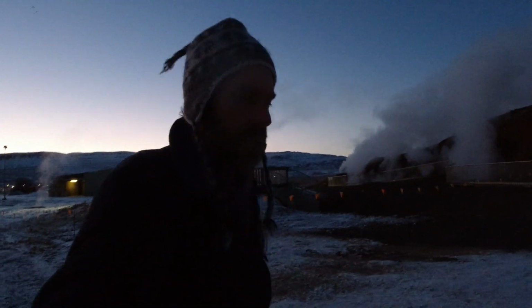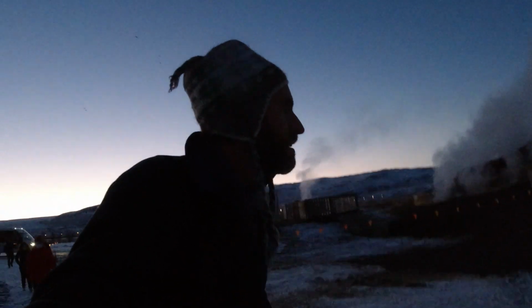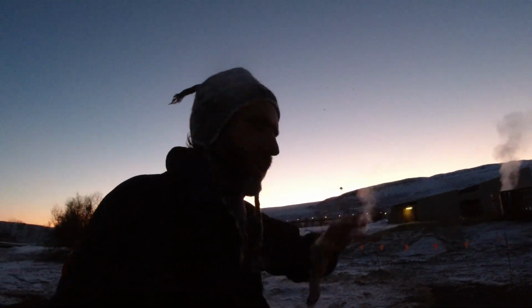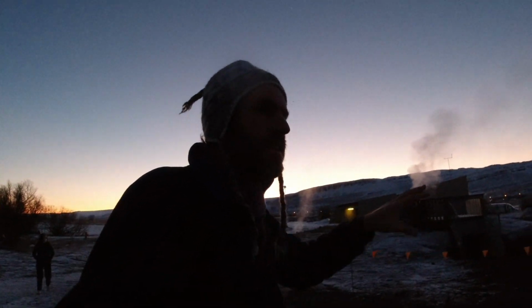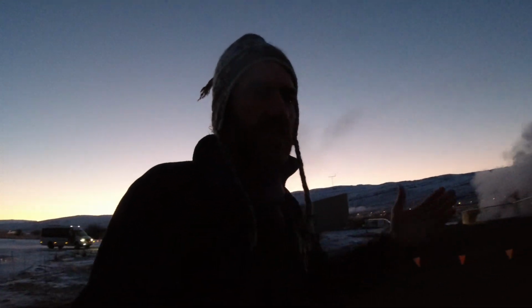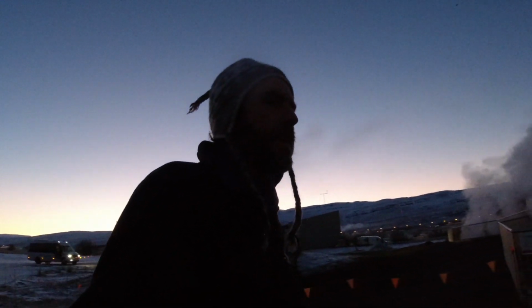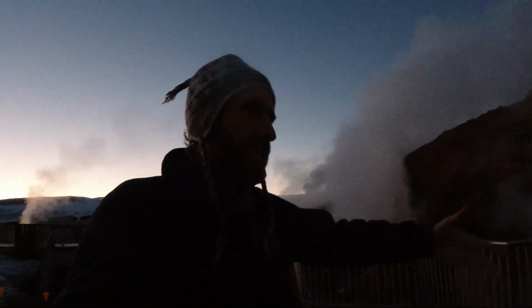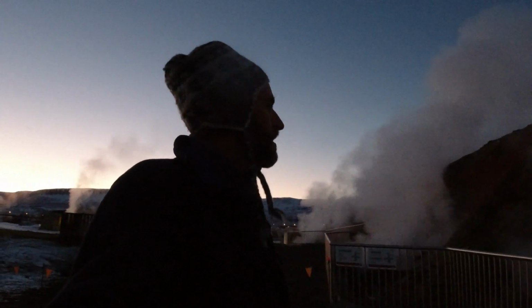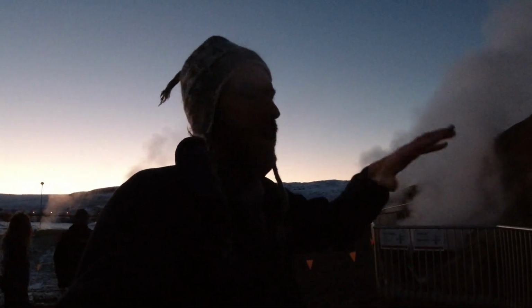So, Vik means bay in the Nordic languages, in Icelandic. Reykjavik. Reykja means smoky. So Reykjavik means the smoky bay. And it was named that because of the steam coming up, so it wasn't actually smoke, it was steam that comes up out of the ground all in that area